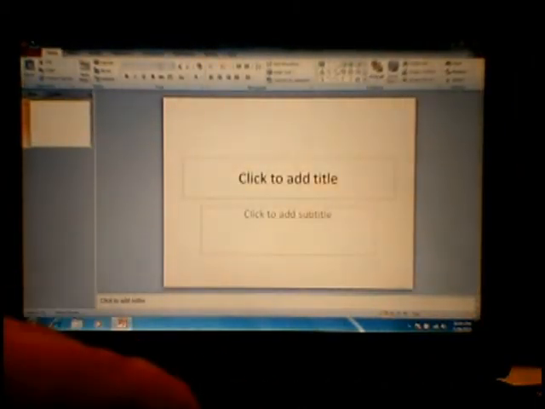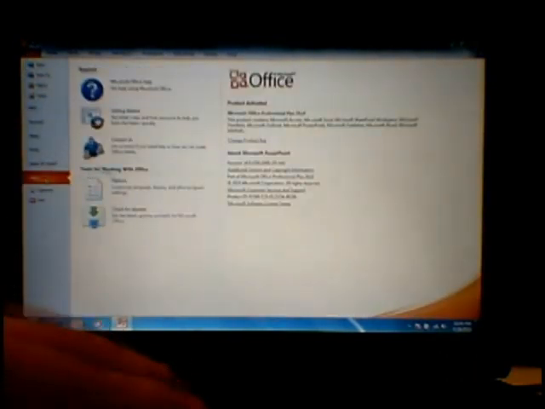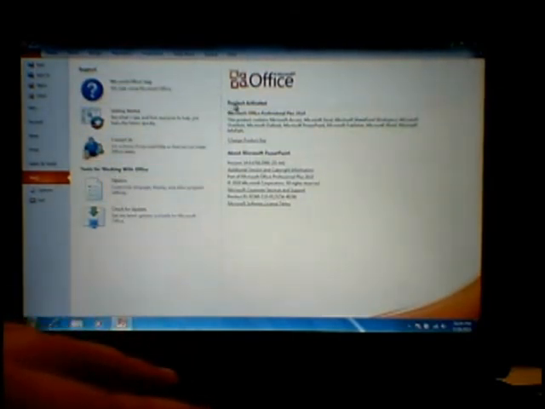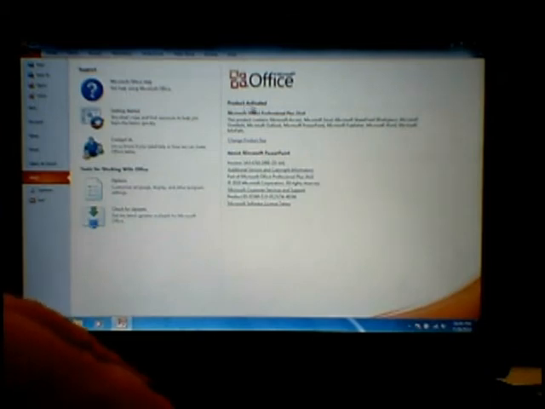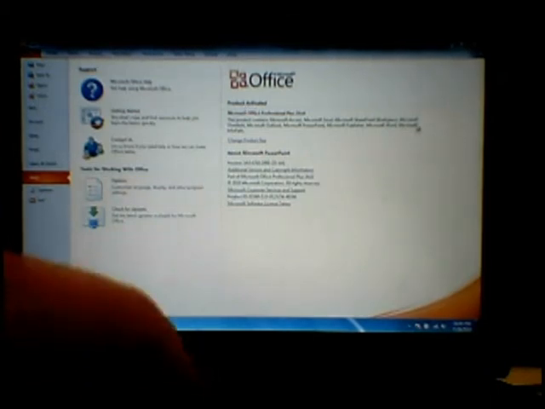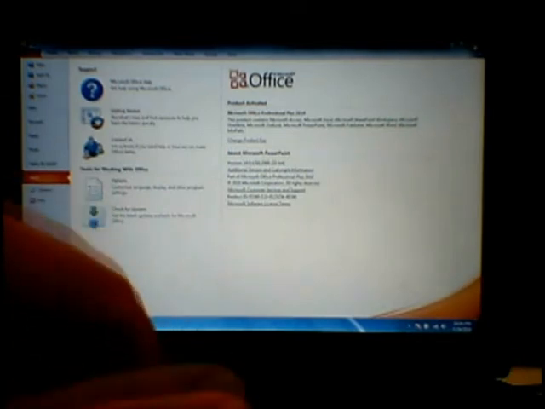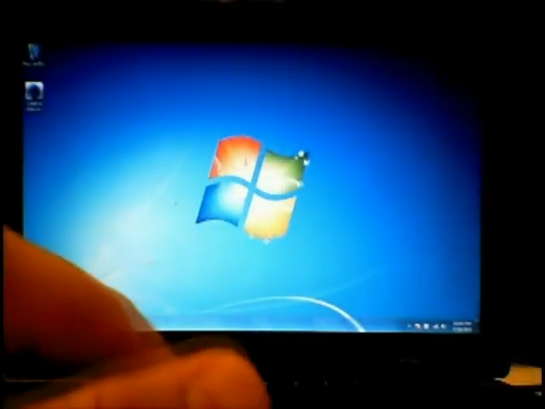Okay, we're going to again go to File and then again go into Help, and you'll notice that it says that the product is activated up here. Notice it says right there, product activated. Okay, so now that that's finished, we're going to go ahead and go into setting up your MS config, your